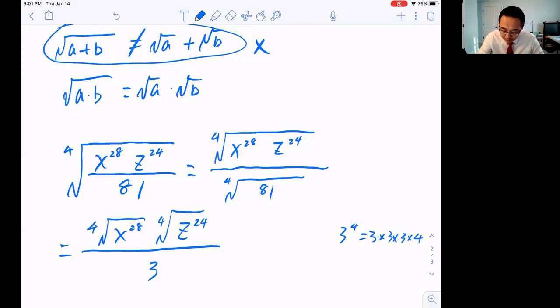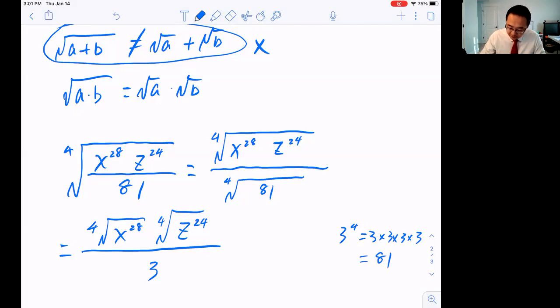Whoops, not 4. No, sorry, 3. Okay, that's what that means. And that equals 81. So when you do the fourth root of 81, it gives you 3. Okay, so then,